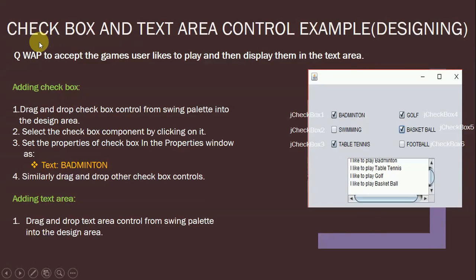Now let us understand checkbox and text area control with the help of an example. Again, this is the designing part. In this question, we are writing a program to accept the games the user likes to play and then display them in the text area. So we have added 6 checkboxes here: badminton, swimming, table tennis, golf, basketball, football. And according to the checkboxes checked by the user, each entry of the checkbox checked will be here in